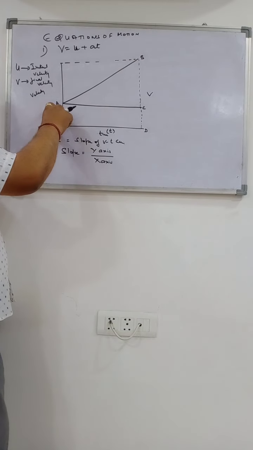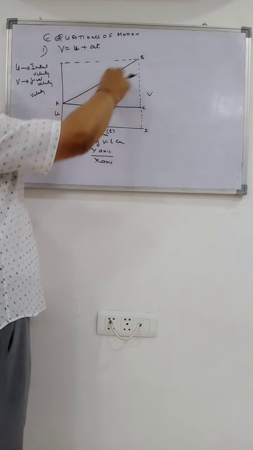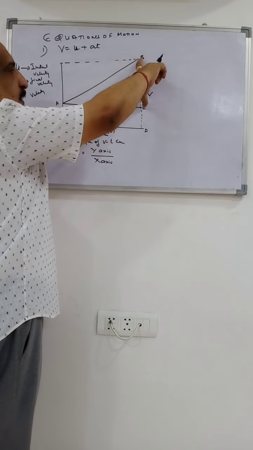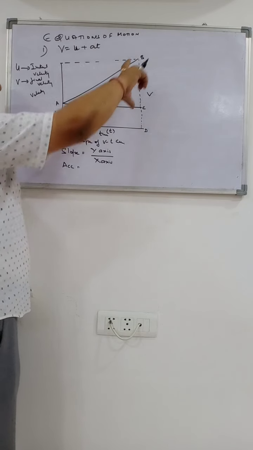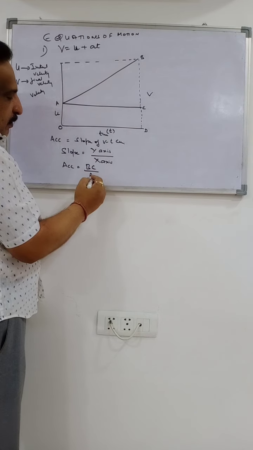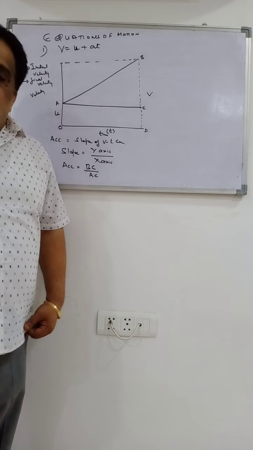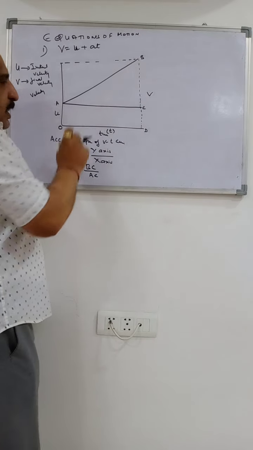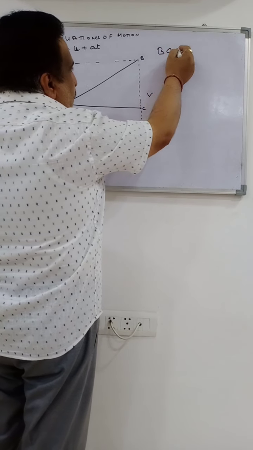So, the body is moving at U, that is the initial velocity, then it reaches a velocity of V after time t. Slope of the curve is y-axis upon x-axis. You cannot include this, because its slope would be this upon this. So, acceleration will be equal to y-axis, BC upon AC. BC upon AC is the slope. Do you understand? Slope gives the acceleration of the curve. So, acceleration is equal to BC upon AC. Okay? Now, what is BC equal to?